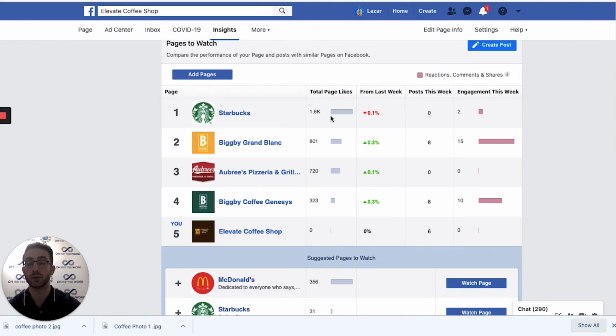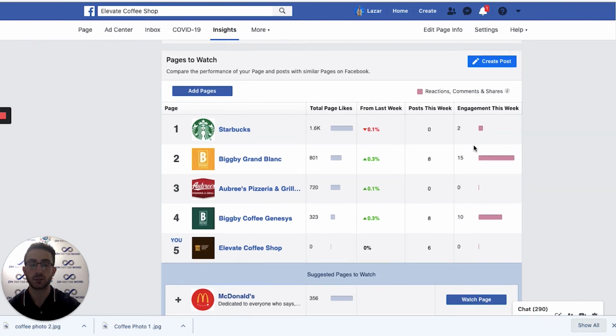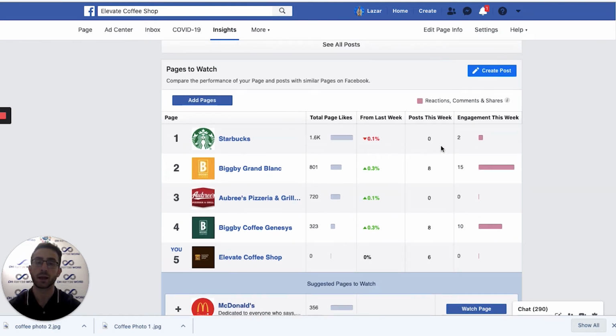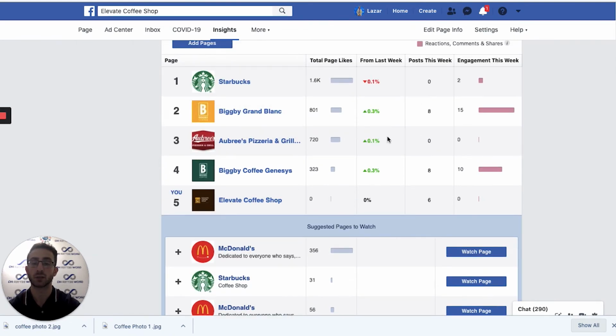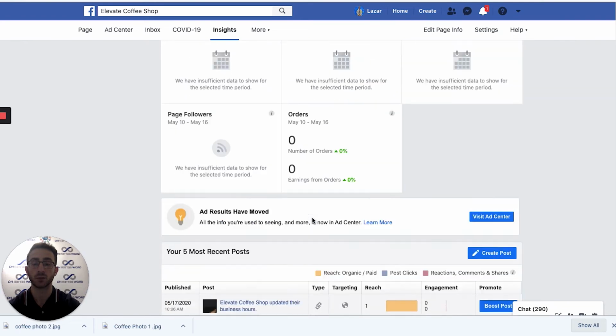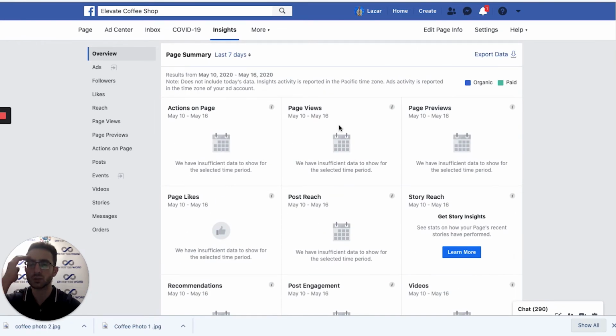So this is a real good tool to gauge your activity on social media, especially on Facebook, compared to your competitors. So it's something that's insightful. It's something that you can really dive into, and it's something that we'll dive into in a later video and show you how to really optimize your business page